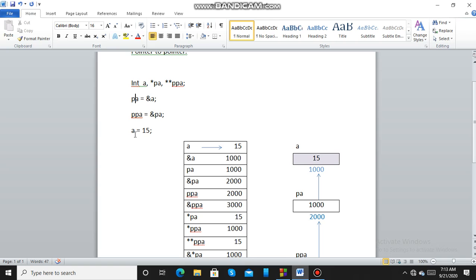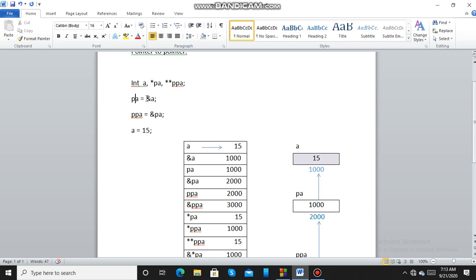Now in the integer variable a, I am assigning value 15 to it. The value 15 is stored at address 1000. So I am assigning the address of a, that is ampersand a, to pa.